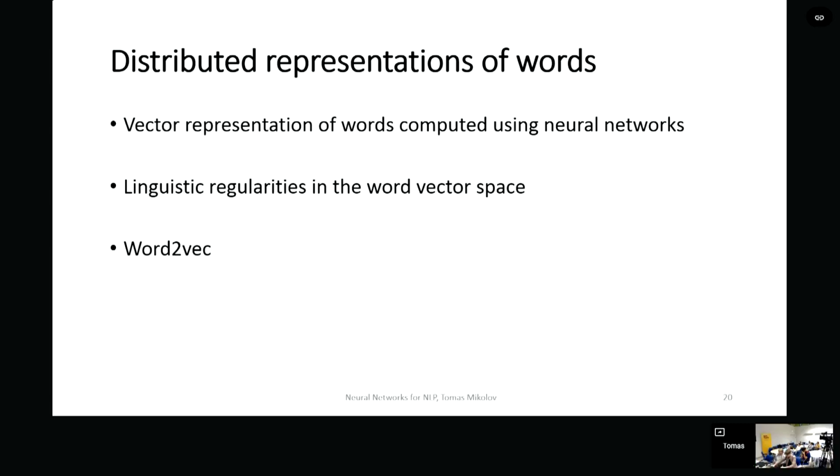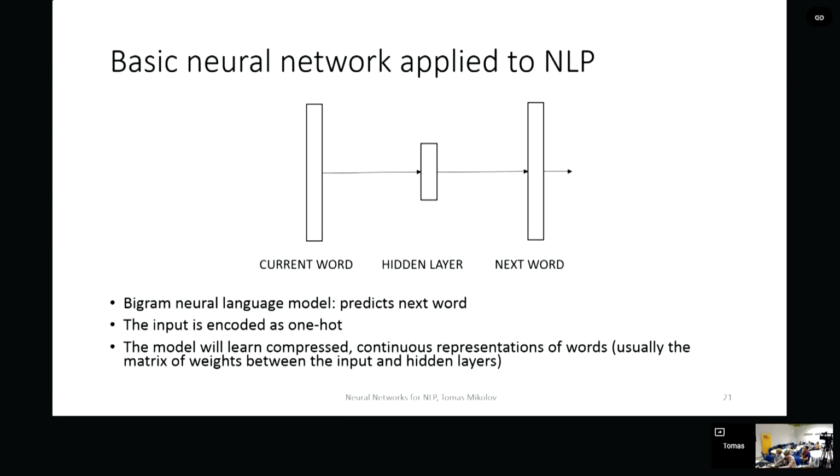So now for something more concrete, an application of a neural network for learning features from text can be done by using a feed-forward model. It's actually very simple, and that's what I will describe in this part of the talk. It's basically the word2vec model, and how do we get to it? We can start with a very simple neural net that can be seen as a bigram language model.